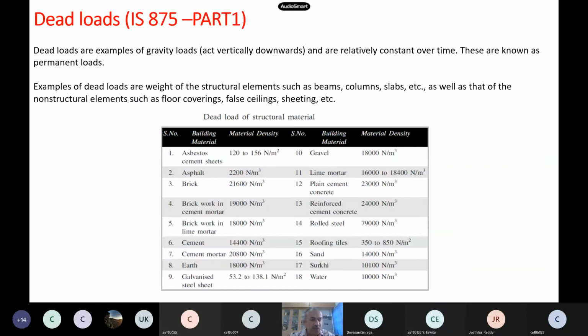How to calculate dead load I have explained. IS 875 gives you the material density or unit weight of the material. If you know the dimensions, you multiply by this and you can get your dead load. And here one more important thing I told you: for steel structures, it is very difficult to estimate the dead load, because what section you are going to select is very different. So you assume something, you calculate something, then you have to revise the section. Finally, once you have selected some sections, ISMB, this beam or that beam, you may have to revise. So you may have to do this in an iterative fashion for steel structures.